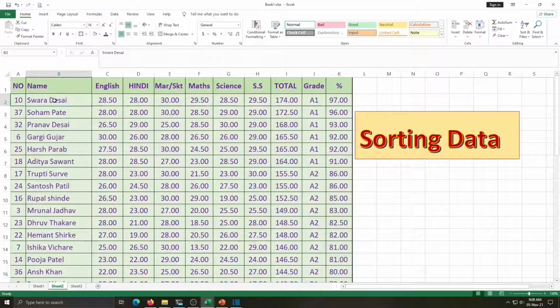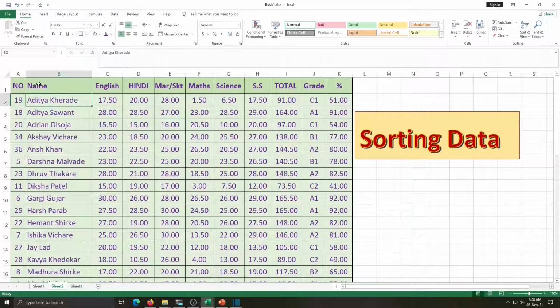We will see one more example. Now I want to sort this name column as per ascending order. So first option. Here Aditya, there are two Aditya, that two roll numbers are displayed here as per alphabetical order, first K and then S, then Adrian, Akshay, and that student's marks also display. So computer is sorting data as per our requirement, selected column, and as per that remaining whole data, means it is meaningful. Hope you understand this.